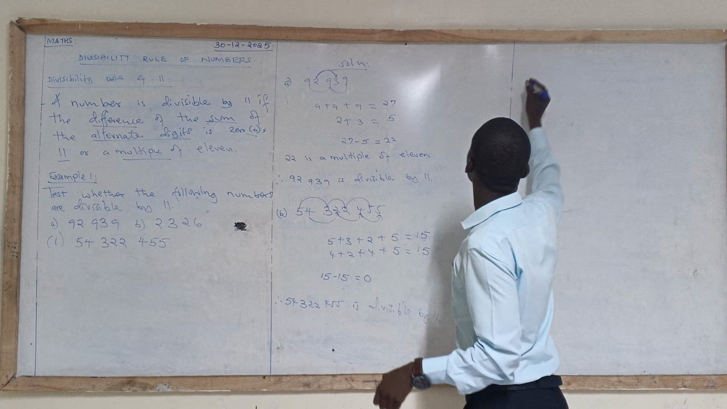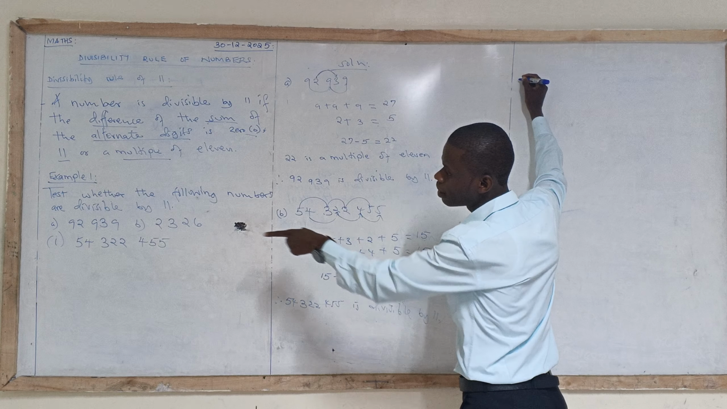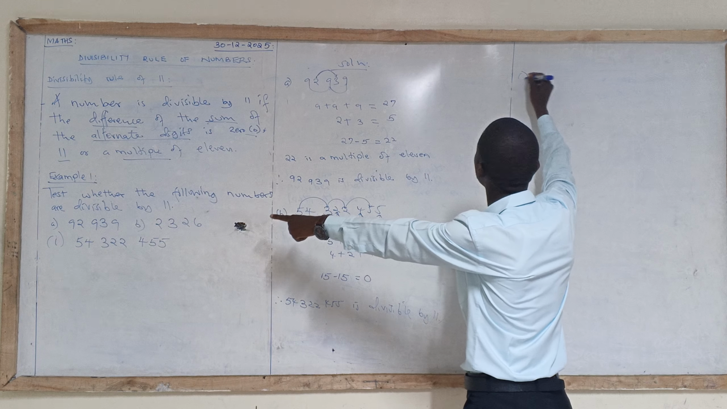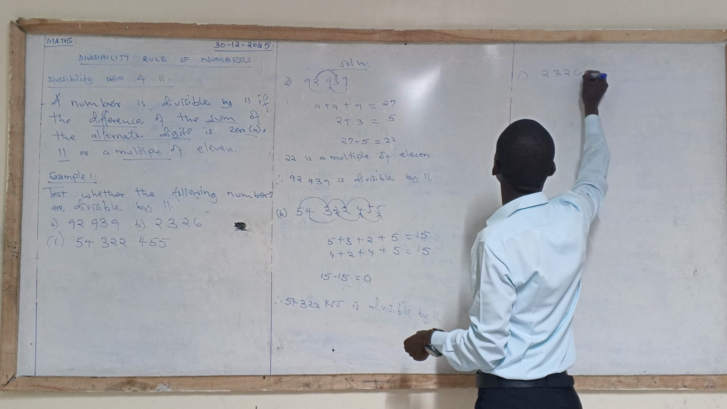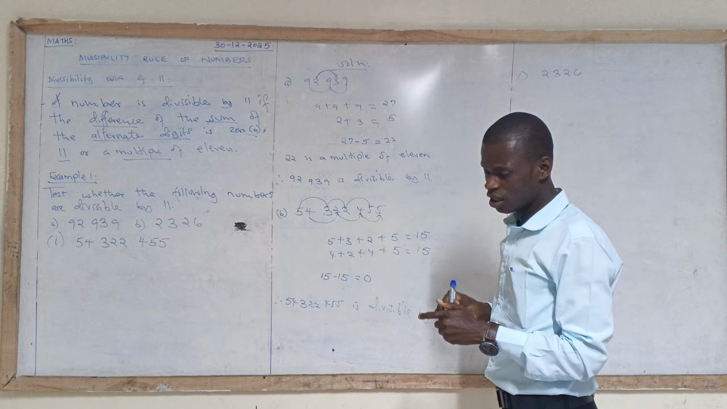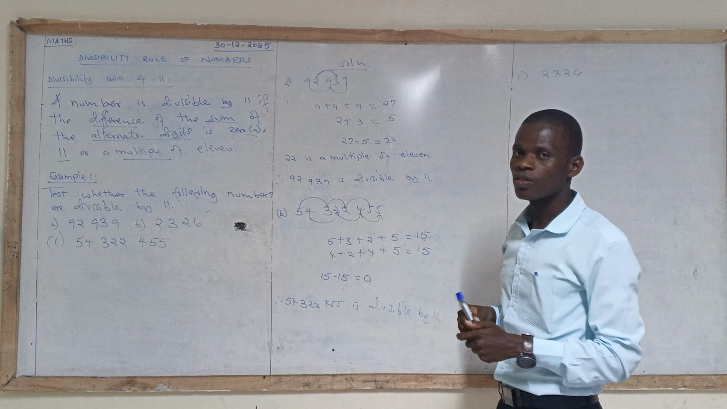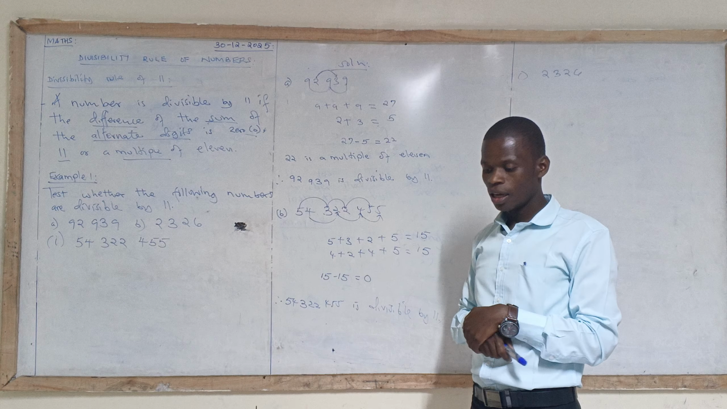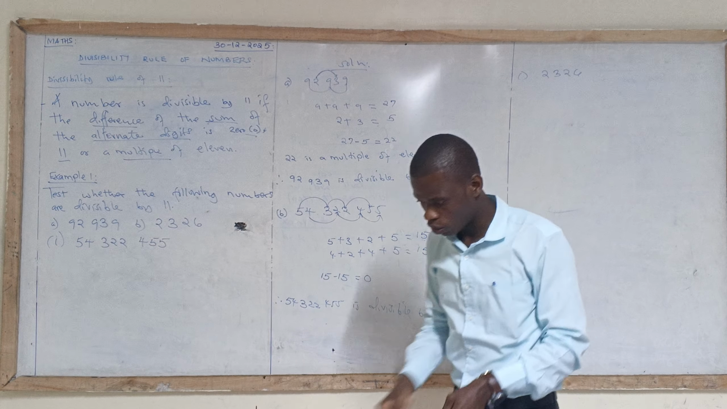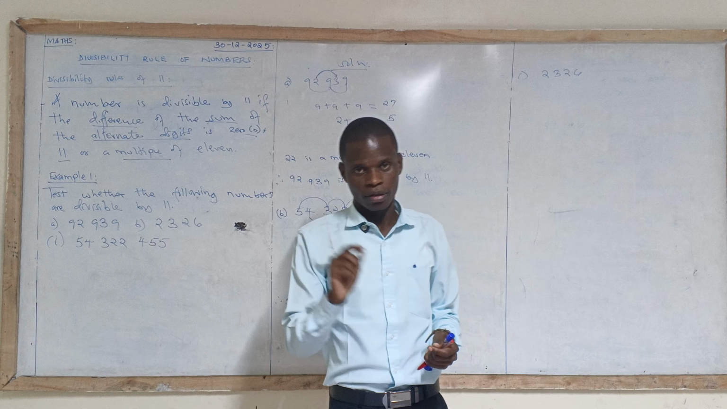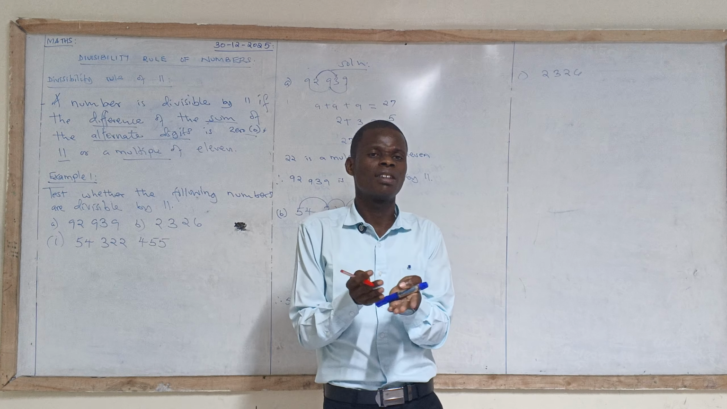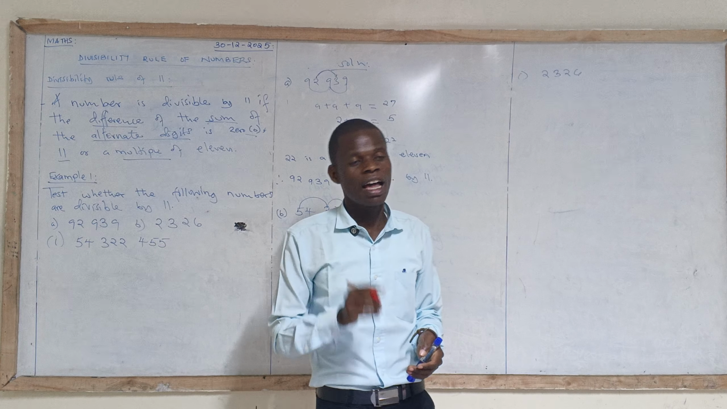The next number, that is our B there, but we are going to take it as C. That is 2,326. Surely. Now, can you test for me if this one is divisible by 11? And let me mark your work now. Where's my red pen? Here it is. Mark it, or you can take a picture and send it via email. I'll mark